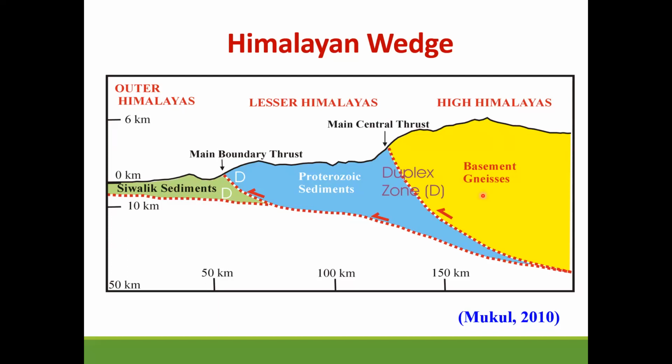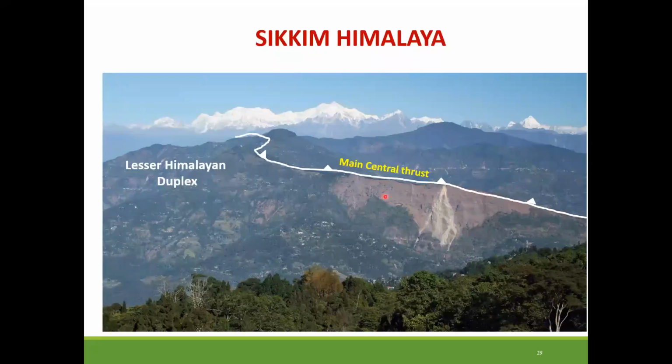Here's an example of the main central thrust in the Sikkim Himalaya. Most of us who have been there recognize this as the Tare Beer, and that's formed because of the main central thrust. These thrusts form very early on because of the material contrast. There is weak material on this side and strong material on this side. They tend to form cliffs, and if the cliffs become very steep, you can also get landslides along this. So that's an example of one of these main faults.